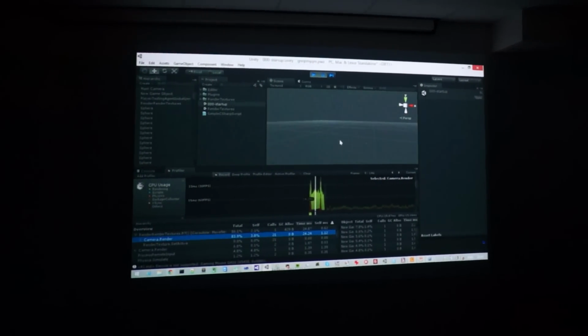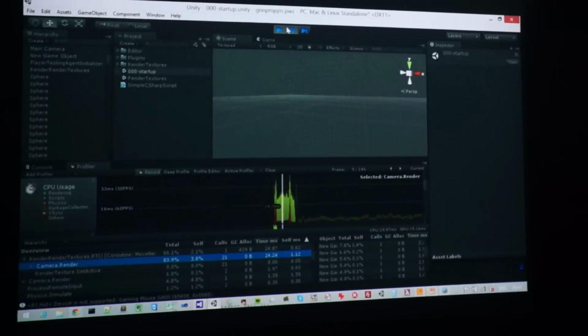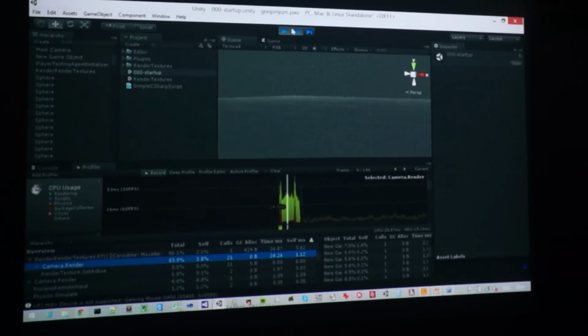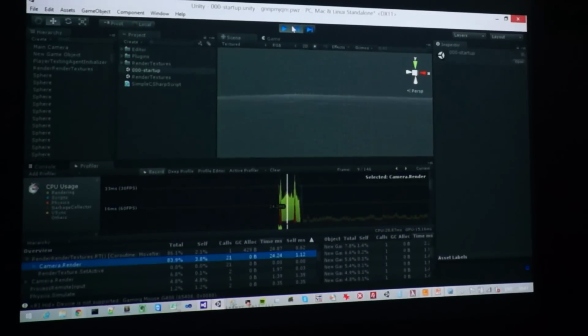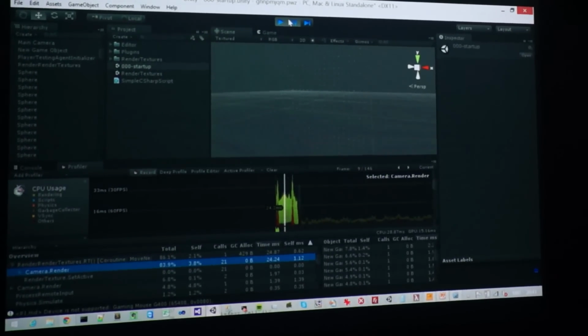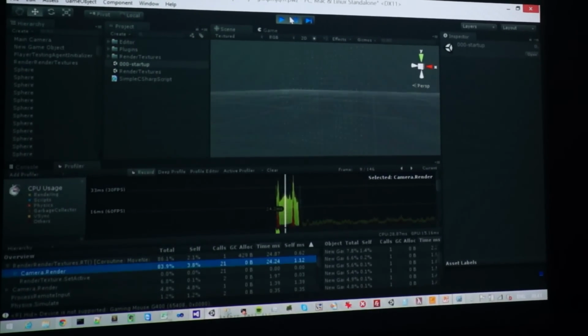So what we do first when we want to test some functionality or performance test some functionality is we try to think of a scene that uses the functionality. And this is the scene that we came up with. And you can see it's nothing like the one I just showed you, because the purpose of this scene is a bit different. The idea here is that you want to make a scene that is using the functionality that you want to test, and using it in a way that most of the CPU time is spent on this